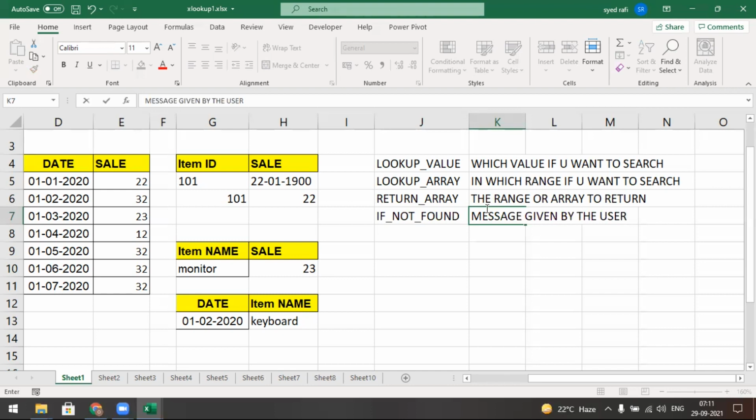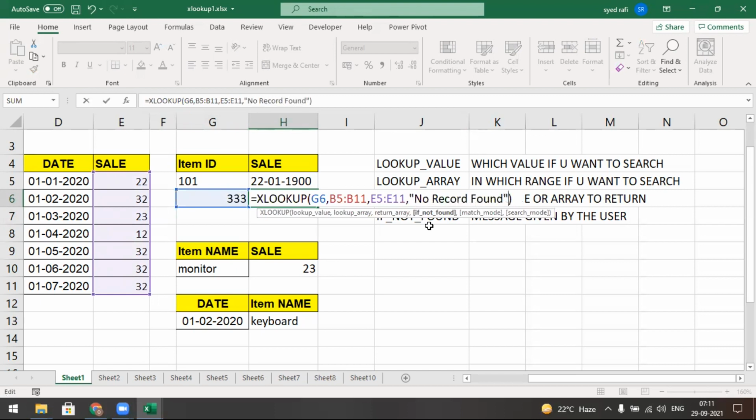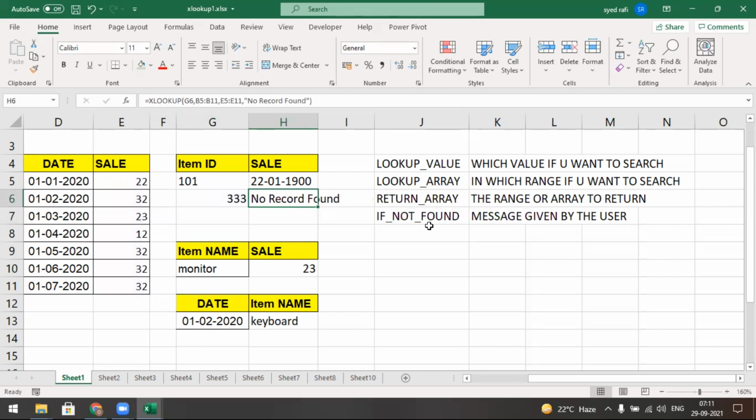If the user doesn't give a message, the system will generate one. Here I ignore the fourth argument, so the system will generate the error #N/A, not available. Instead of this, if any error occurred, you may write something like 'no record found' and it will simply display like this.